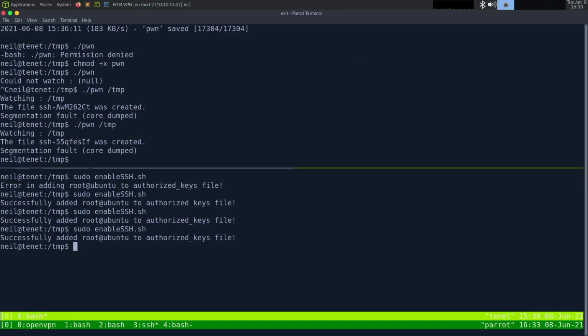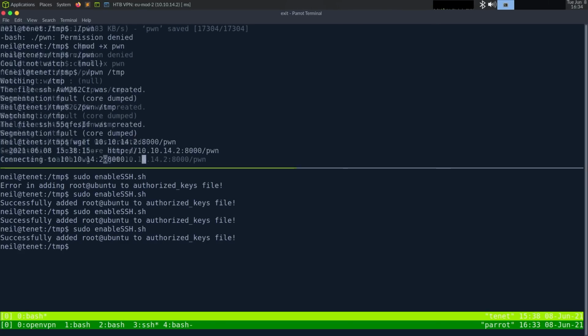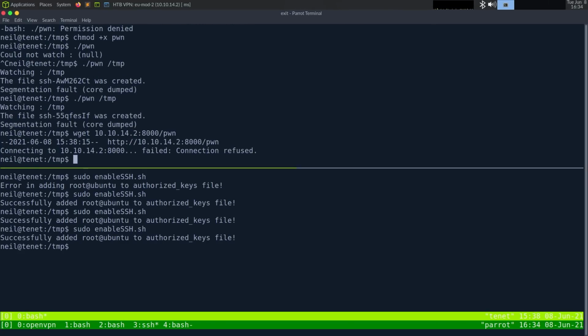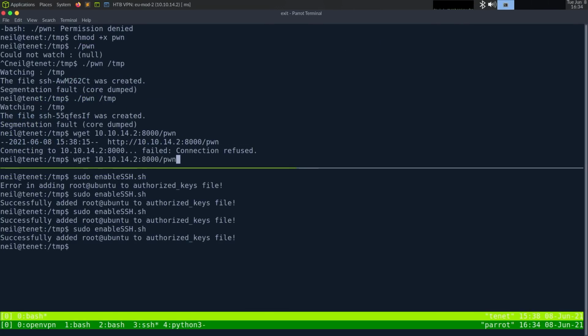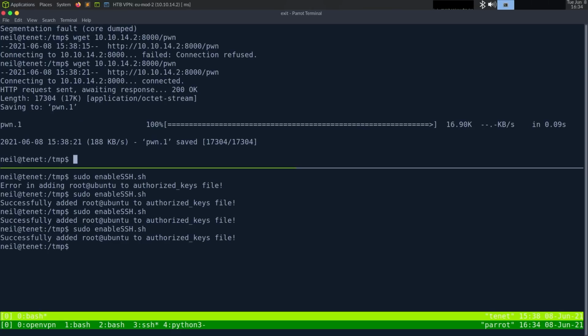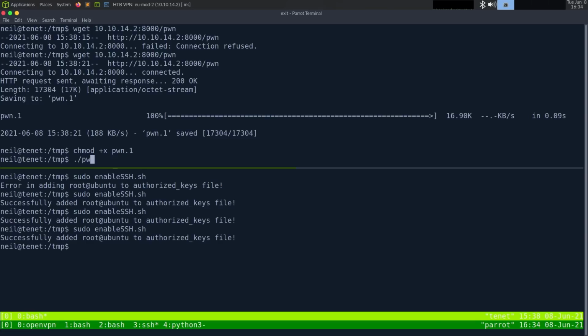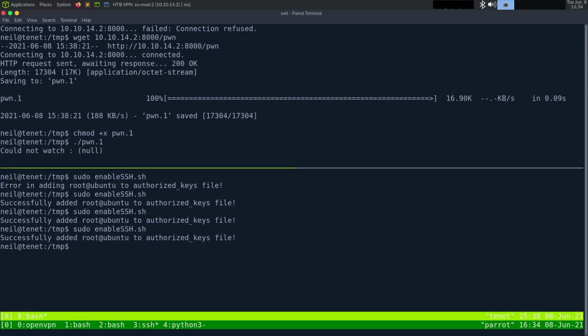Let's download this again. Run wget, chmod +x pwn, ./pwn, /tmp